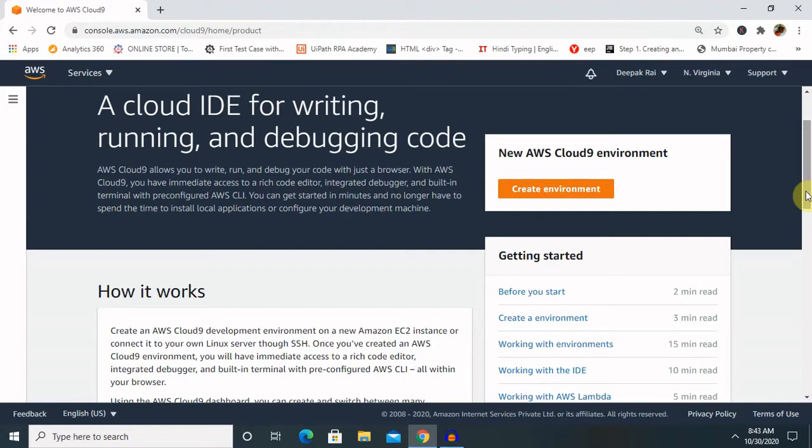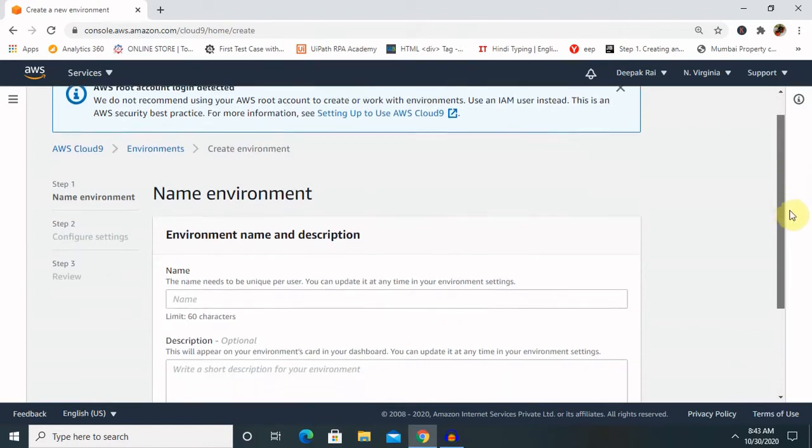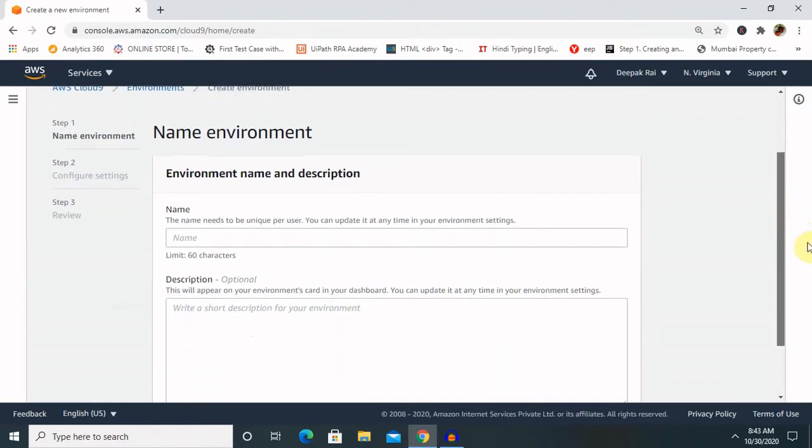So let's start with creating Cloud9. To create Cloud9, we just have to click on create Cloud9. Then enter the name. Whatever name you prefer, you can write it down. I am giving here DB Cloud 9. If you want to add a description, you can add it.